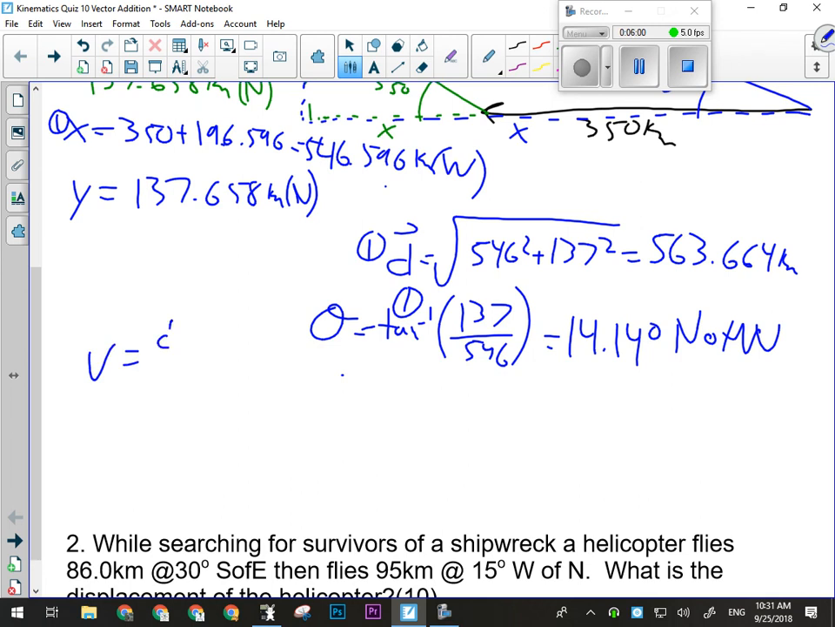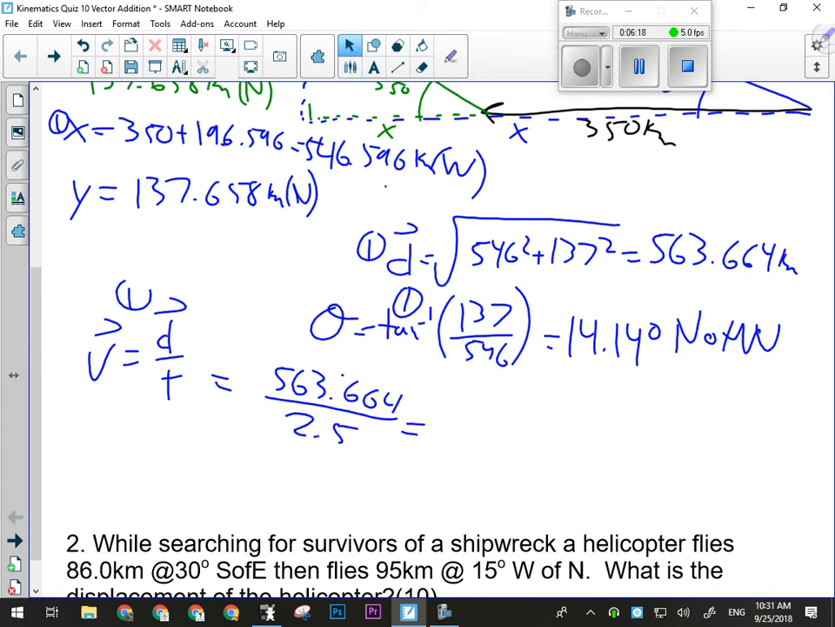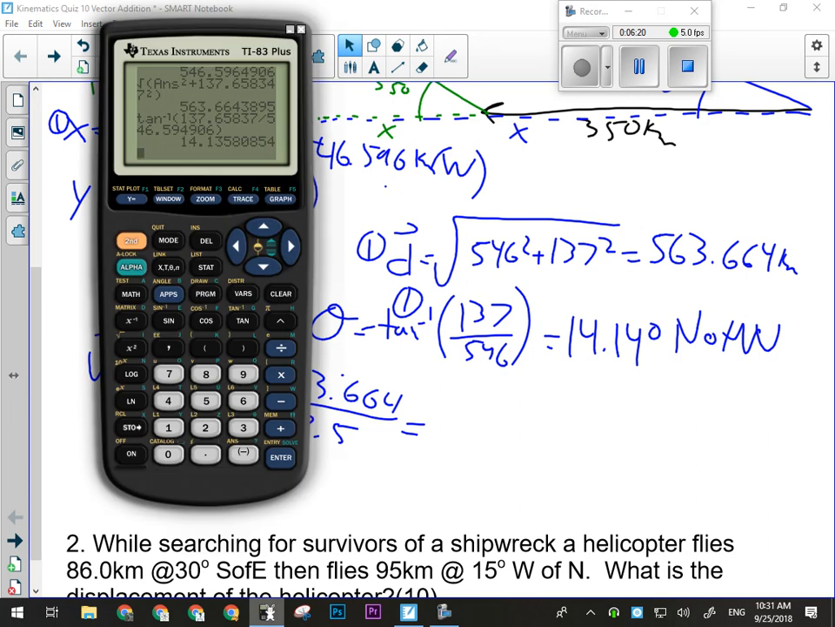The next calculation is v equals d over t. Okay, 7 marks. Okay, we'll get a mark here for plugging in our numbers correctly. So they actually have to have the right numbers for this mark. So that'll be 563.664 divided by the 2.5 hours we were given. Okay, and that's going to give us